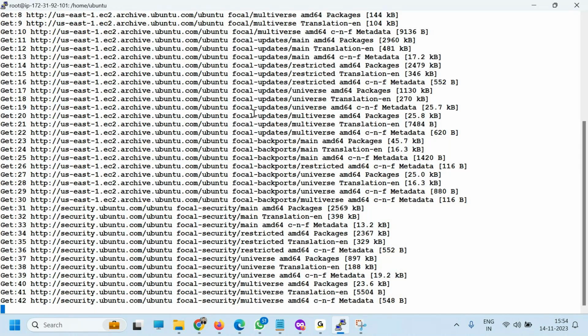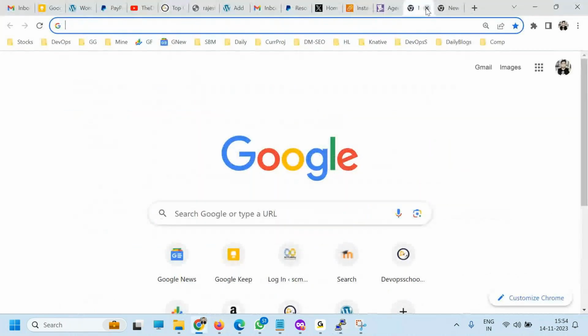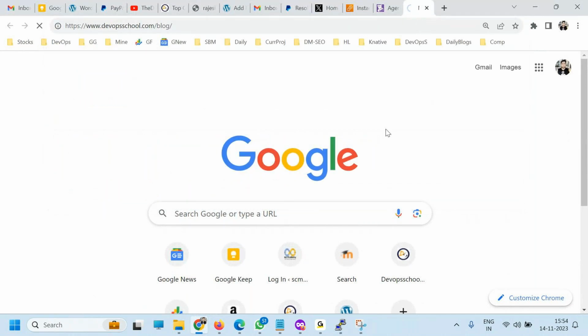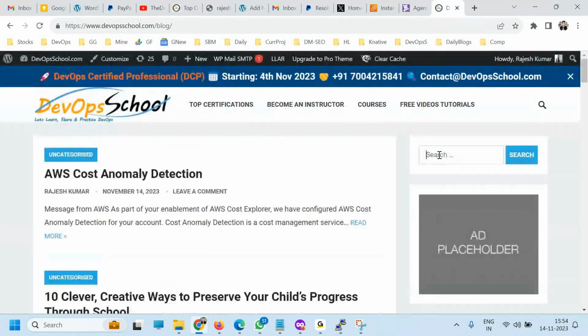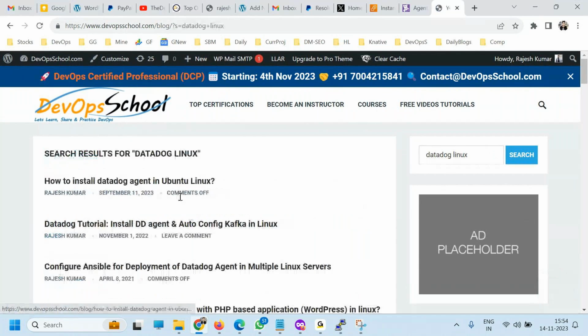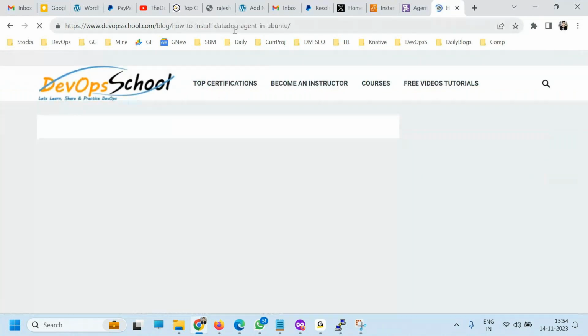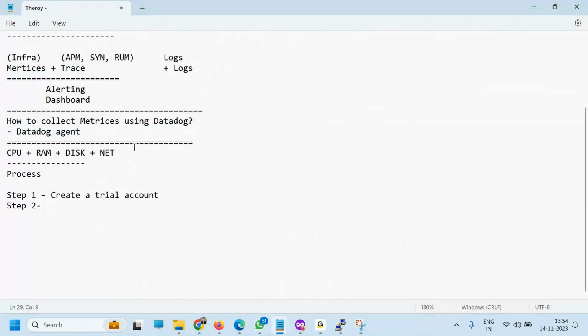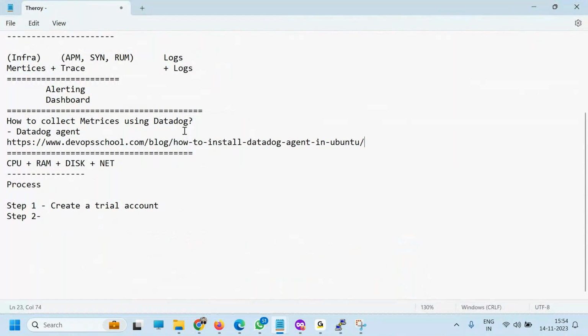Now you will say, Rajesh, do we have any step-by-step guide? Yes, I have a step-by-step guide which can help you. What you have to do here is search Datadog agent Linux. Let me share it with you. The only thing is that it is hard coded. So how can we know the version of that? You ran the S3 bucket script. One by one we'll go for that. Right now we'll go for the normal setup, then we'll go for the specific one.